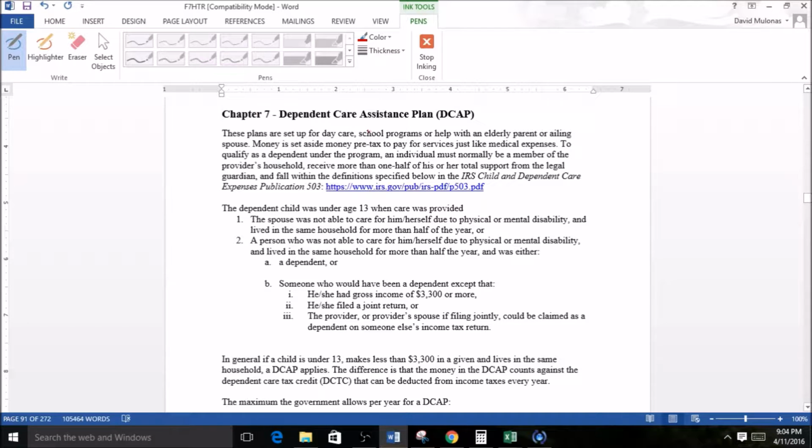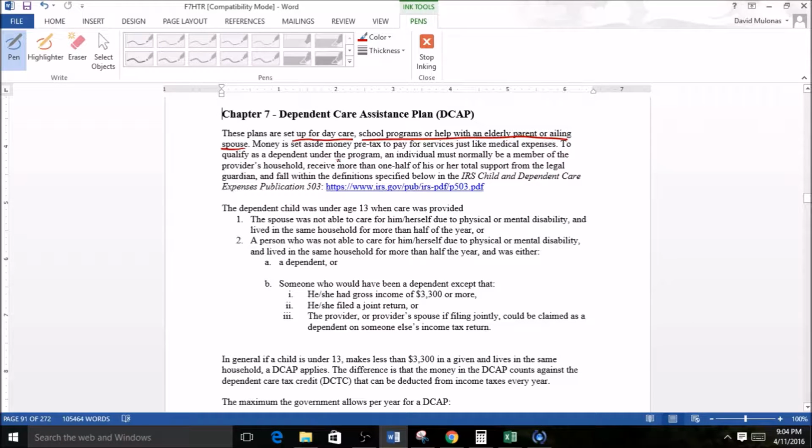I'm going to read a couple things here. The primary thing you're going to see is daycare. So this again would appeal to Jasper, right? But we could also have school programs or help with elderly parents or an ailing spouse. There are two versions of how you can use this, so we will certainly cover these and you can see what may work for you if it applies to you.